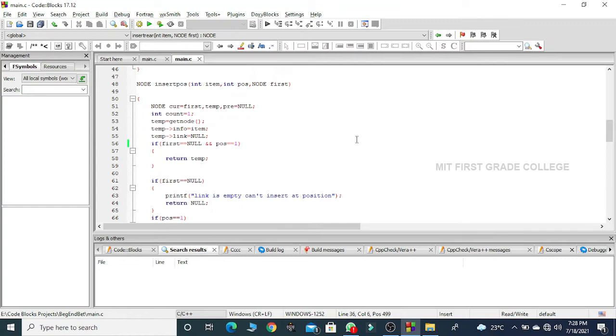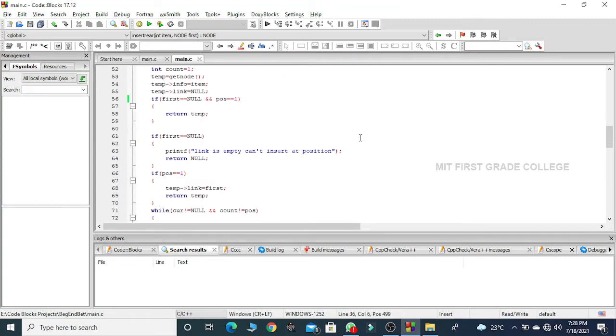Now I have a condition. I'm checking for a condition where my linked list is empty. How do I say when my linked list is empty? When the value of pointer first is null, that means the linked list is empty.